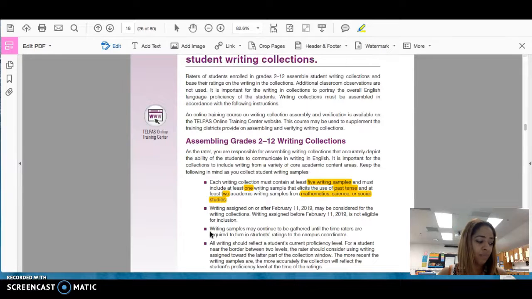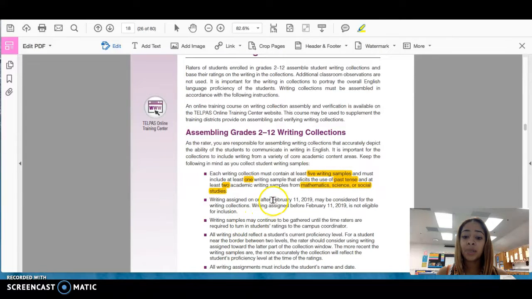with the organization. So our writing sample window opens on February 11th, which is Monday. And so I've been doing some of those mini lessons with our ESL students to kind of prepare them, let them know what's going to be happening, coaching them, writing goals based on their last year's TELPAS scores. And I'm going to finish those lessons up tomorrow so that the kids will also be 100% ready for their